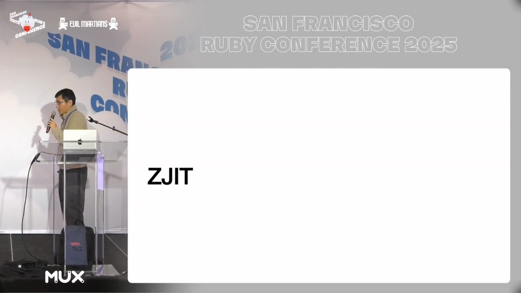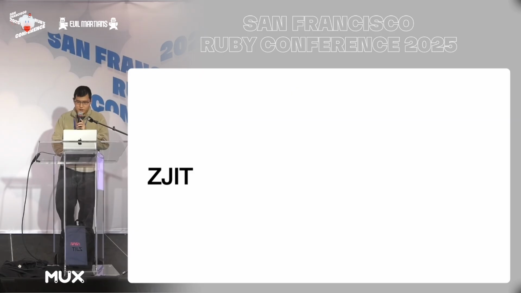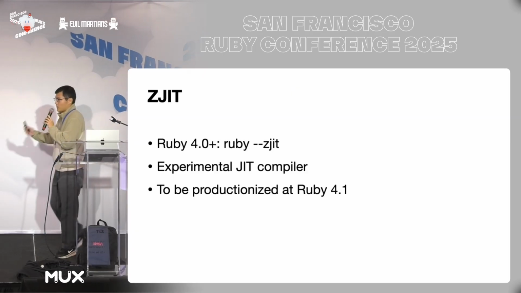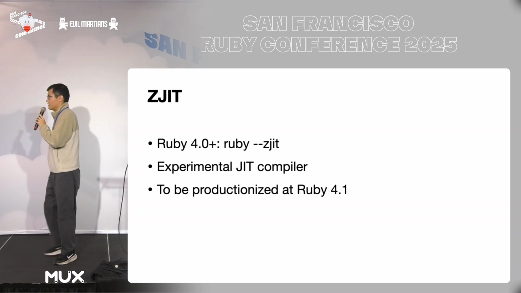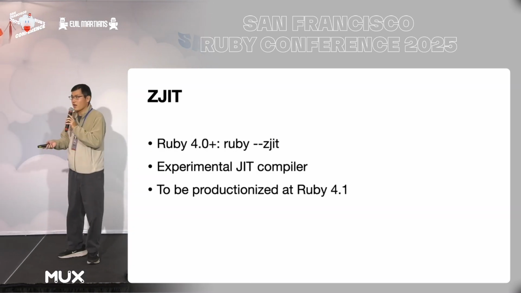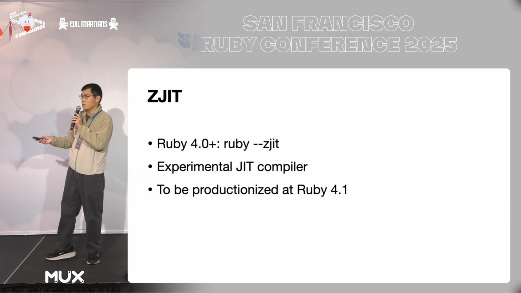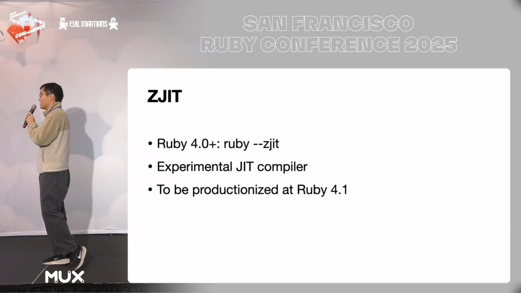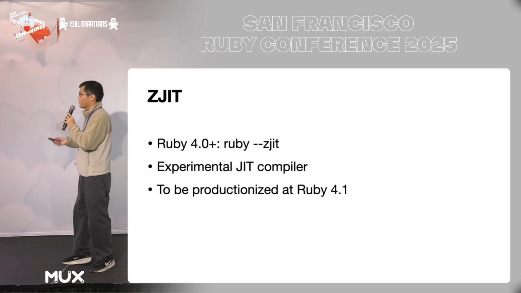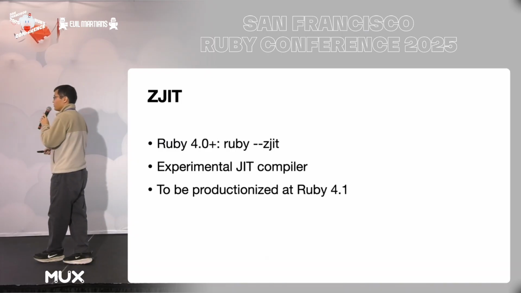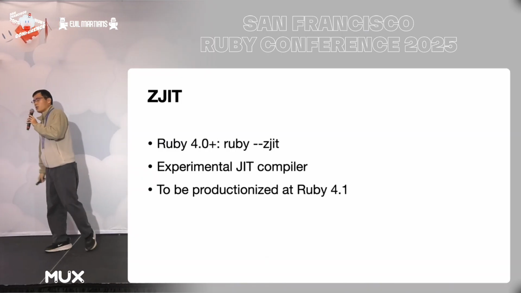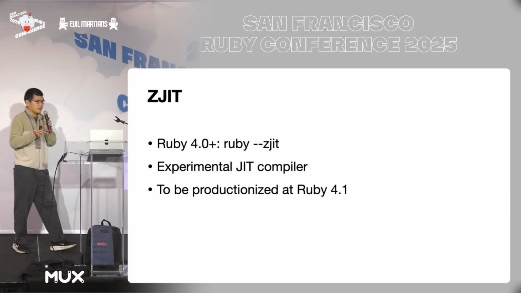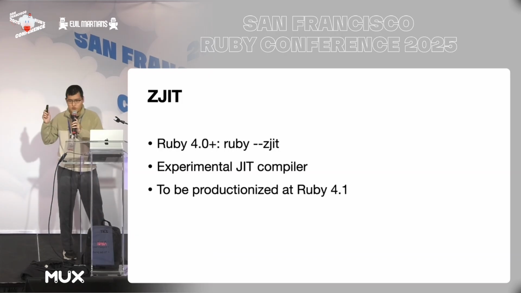So ZJIT is the version that we are currently developing. If you haven't realized yet, the next Ruby version is now called Ruby 4.0. That was formerly developed as Ruby 3.5, but Matz announced this month that we were going to be calling it Ruby 4.0. And ZJIT is the next JIT compiler we are developing this year and merging to Ruby 4.0